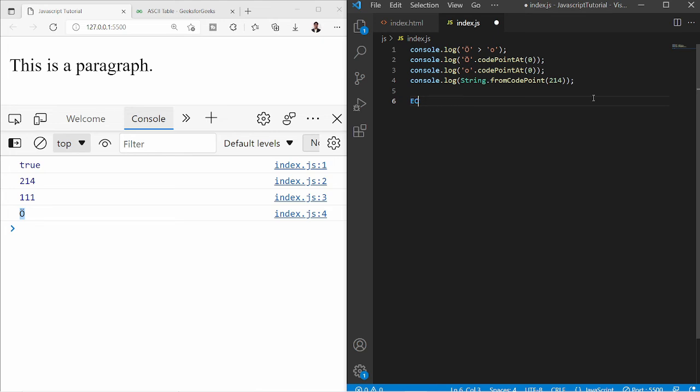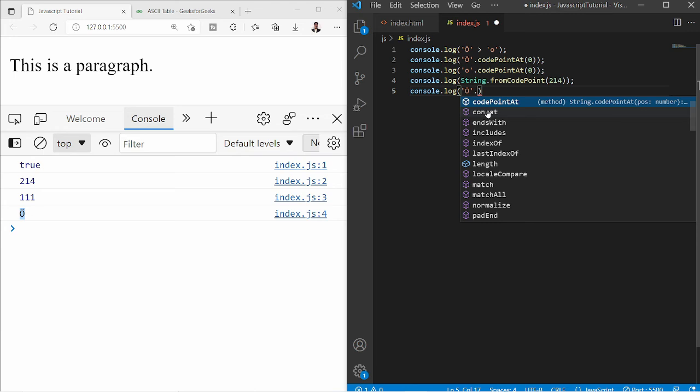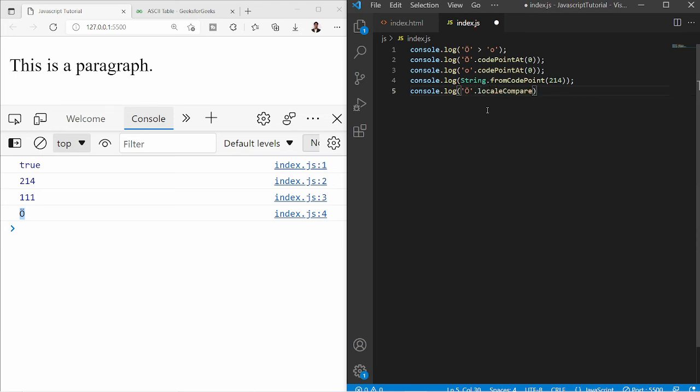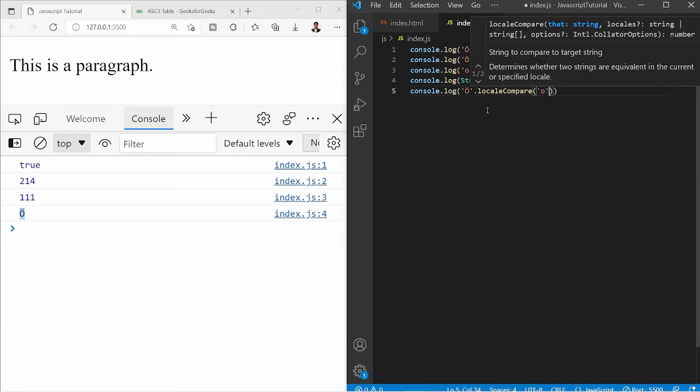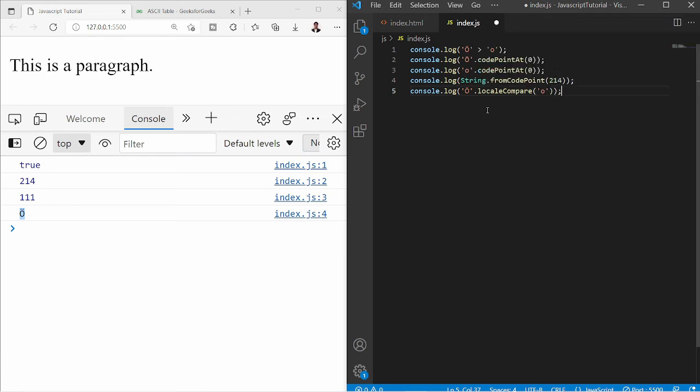So let's see one example. For that, I'll again write console.log in the fifth line, and I'll write this character as a string dot localeCompare, and I'll provide O from the English alphabet.